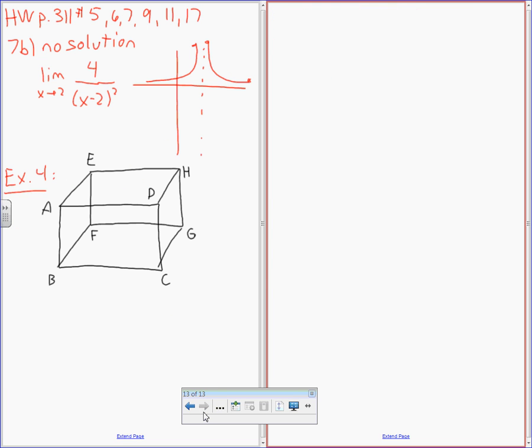Okay, so there's going to be 2 parts to this question. We're going to say part A is going to say: state one vector equivalent to AD, AC, AH, and AF. B is going to say: